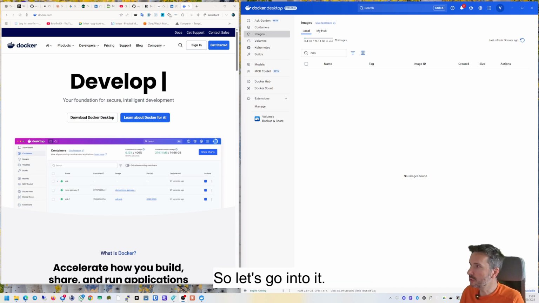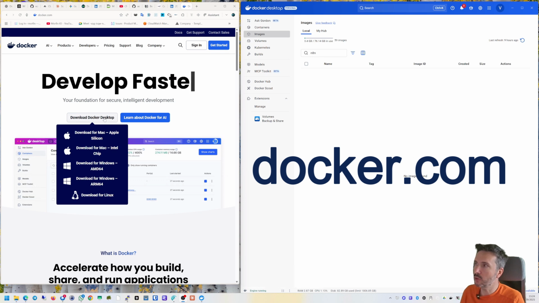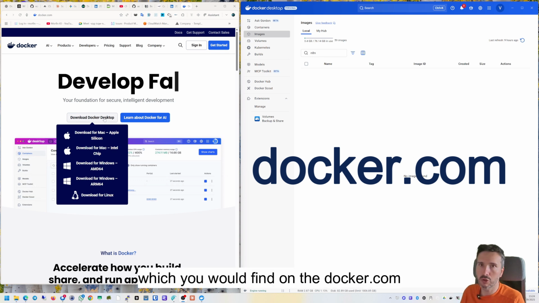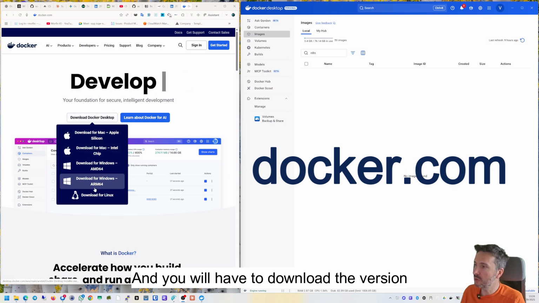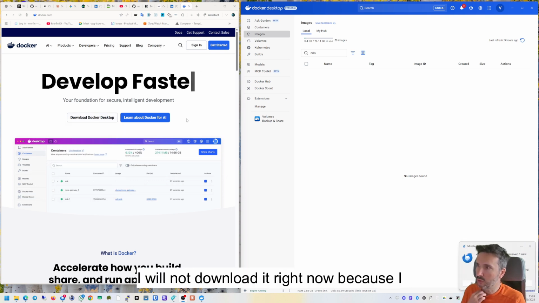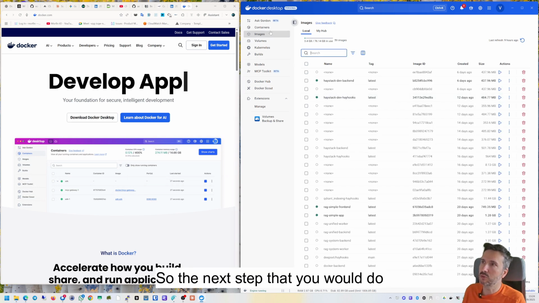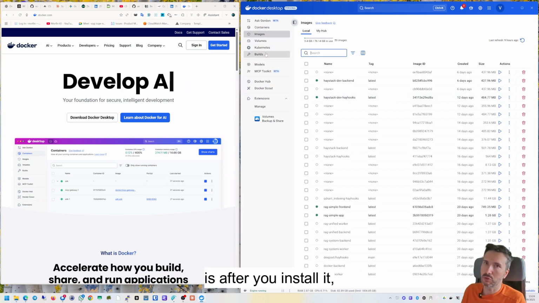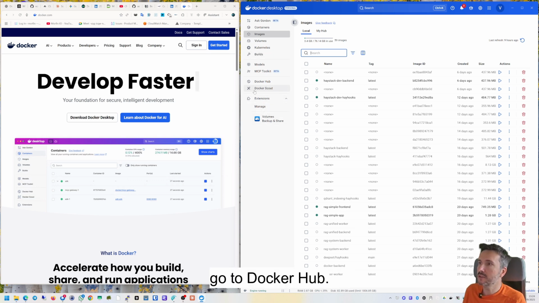So let's go into it. First, you have to download Docker Desktop, which you would find on the docker.com website, and you will have to download the version which fits your platform. I will not download it right now because I have it already installed. So the next step, after you install it, is to open Docker Desktop and go to